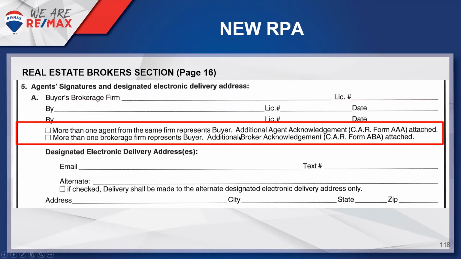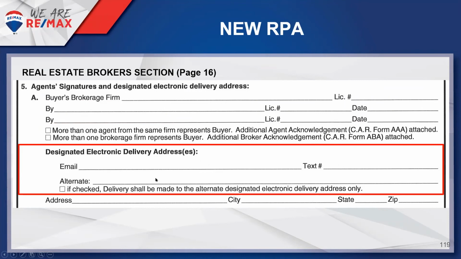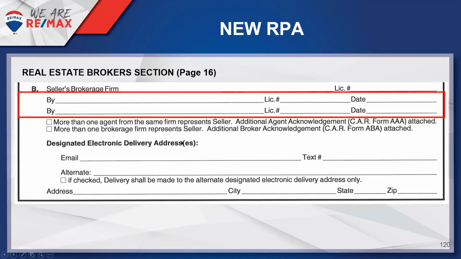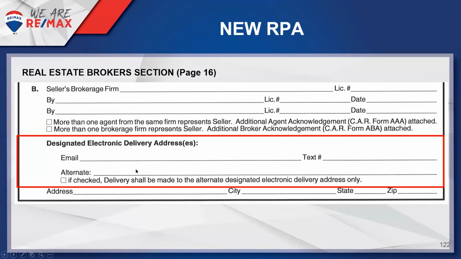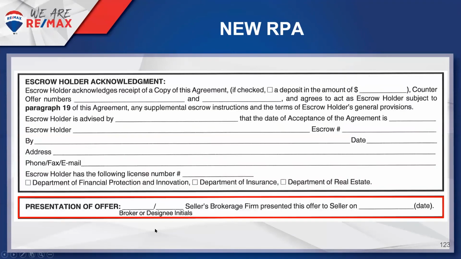If there's more than one agent in the same company, it's an AAA. If they're in different companies, an ABA. Okay, so it's more than one firm representing the buyer. If the same firm, two of you are partnered up and both of you are RE/MAX connections, you use the AAA. And then the delivery addresses. Same with the seller, and same with adding an AAA or ABA if necessary, and then finally providing the delivery addresses. And then finally, presentation of offer, the very bottom of